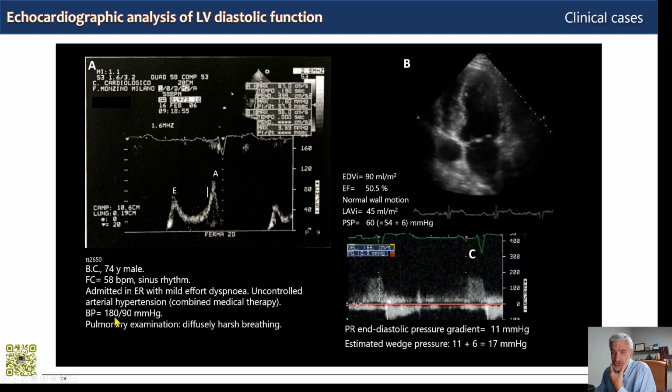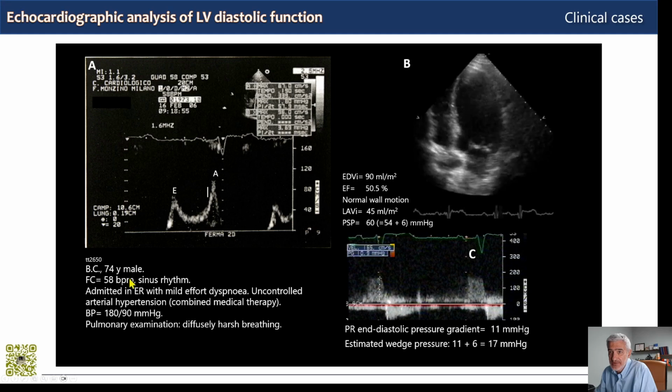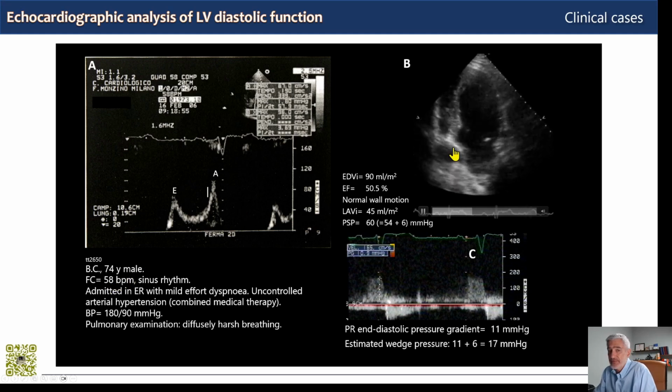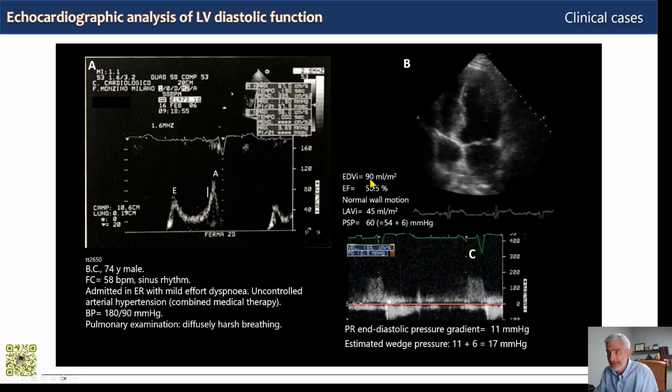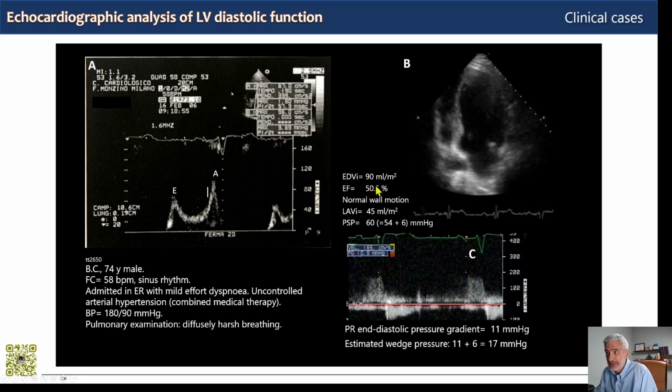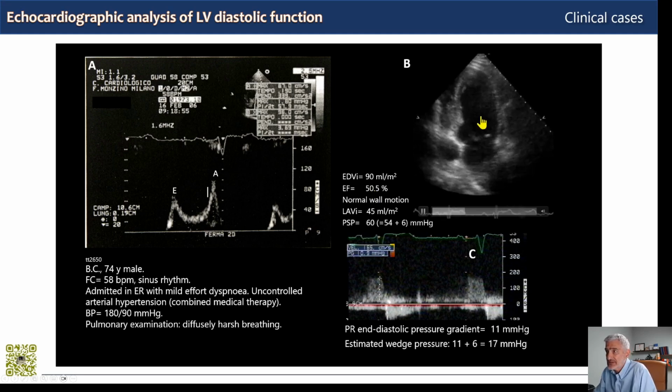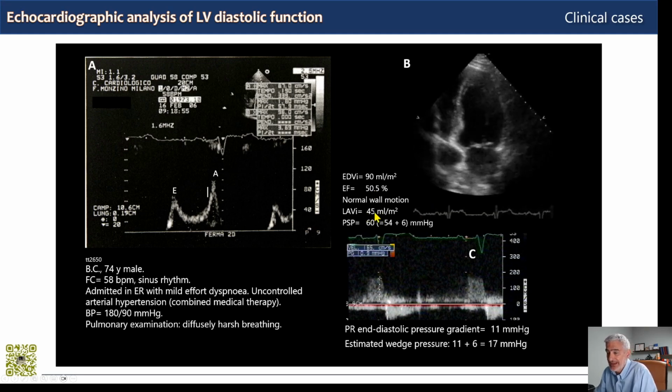Blood pressure at admission was 180 on 90, and he was in sinus rhythm, 58 beats per minute, as you can see here. Echocardiography showed mild to moderate left ventricular dilatation, 90 millimeters per square meter, with a mild reduction of ejection fraction, 50.5, normal segmental wall motion, moderate left atrial dilatation, 45 milliliters per square meter, and severe pulmonary hypertension,